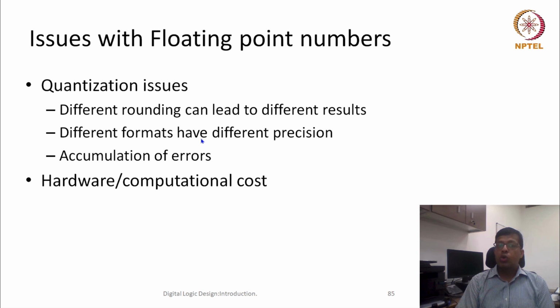Now sometimes we also do operations where we convert floating point numbers. You also sometimes typecast, let's say, a double precision number to single precision, or single precision to double precision. Let's say you are converting a single precision number to a double precision number. Single precision has only 23 bits of precision, but double precision has 52 bits. So that means the rest of the bits I have to make 0.